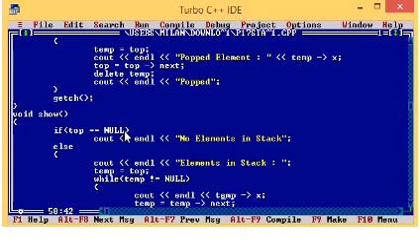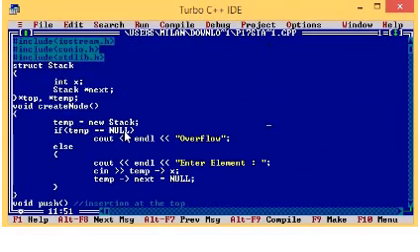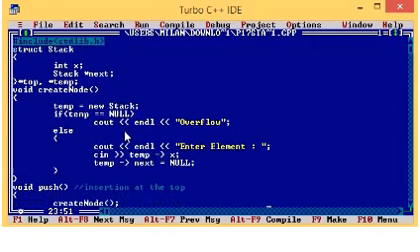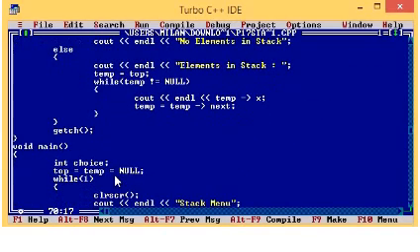So you display temp arrow x. x is the content of the temporary node, whatever the structure we have. You see the structure contains one int and one next: one integer x and one stack star next. So only one data item we have taken, and that you display. And then you change the temporary pointer to the next object.